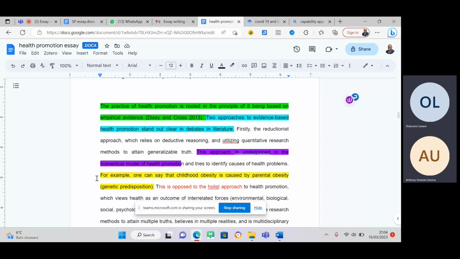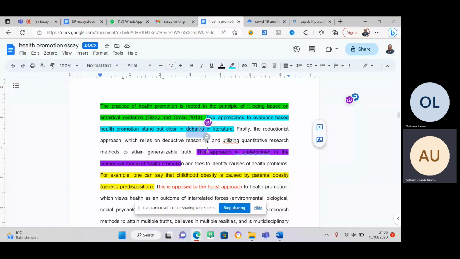Number four is to give an example. Give your own personal example. That means I'm applying it to my topic now. Remember they said application. So apply it to your topic. You can see here I applied it to my topic. And then the last one is critical analysis. If you follow this formula I'm giving you now, for any paragraph you're writing, in every subject, you get high marks. So introduce the concept, identify the